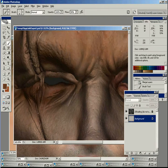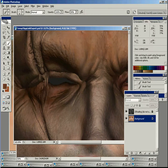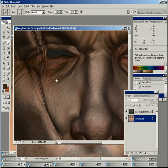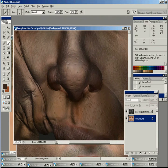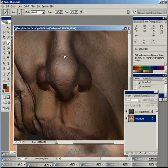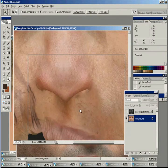So I just did another little projection here and just enhancing some of this detail. The closer you get, the more detail you're going to project, but it really still depends on how big your map is. Our map is pretty big. I believe it's 3096 by 2048,